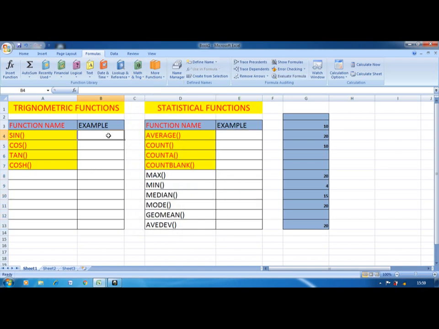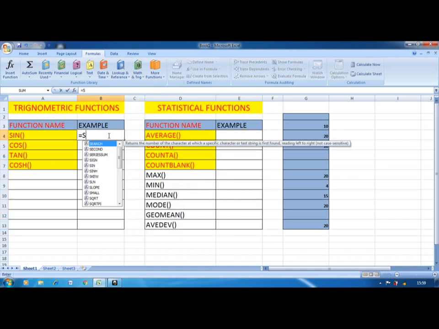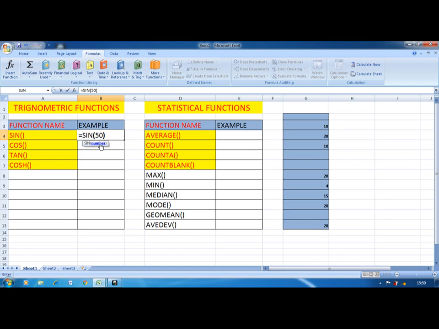Its syntax is equal to SIN, then bracket. Inside the bracket you have to write any one number. I will write the number as 50. It calculates and gives the result. Same way for COS, we have to write any one number.